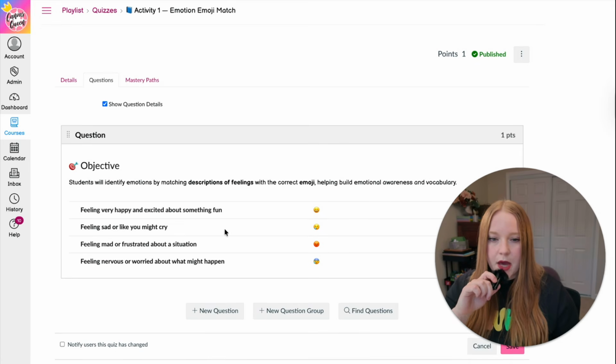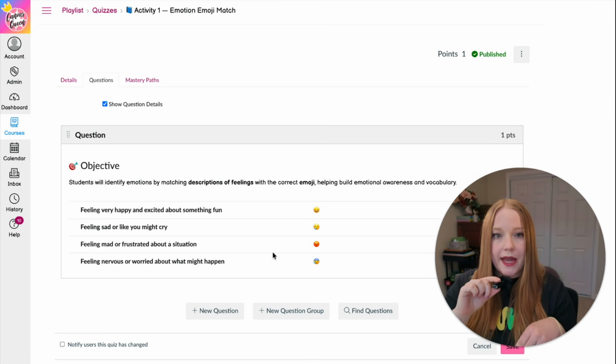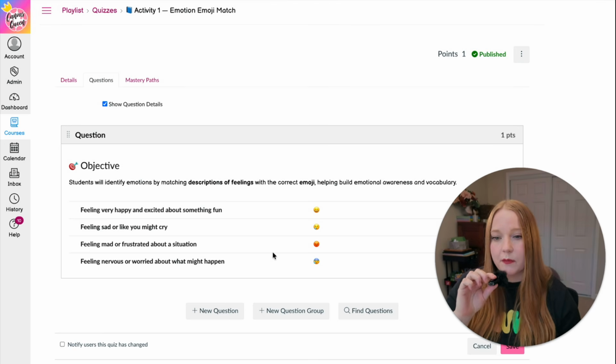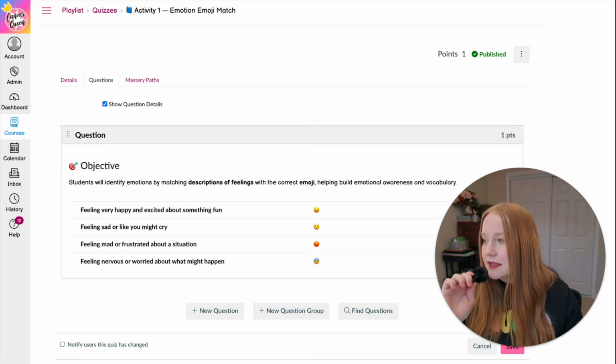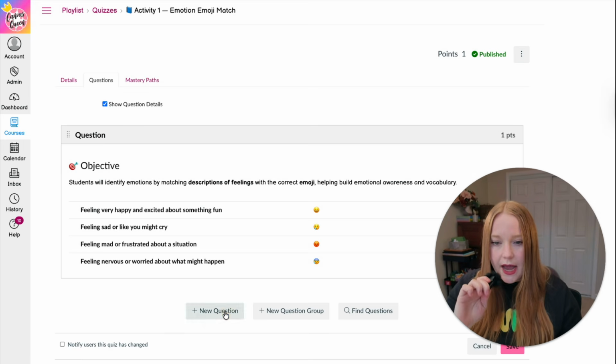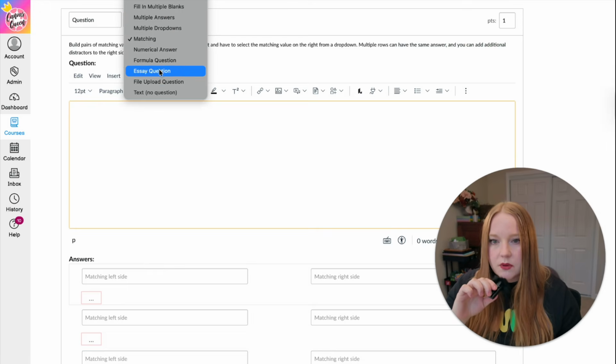So I have my little matching question here. I just did 4 matches. You could obviously go much longer, but for time's sake, I just decided to do 4. I also really love the extension to this, which I'm going to add as a new question. What I'm going to do is make this, instead of a matching, an essay question